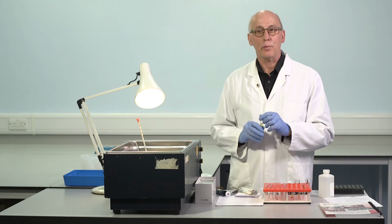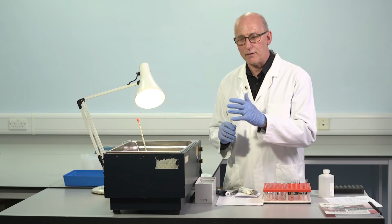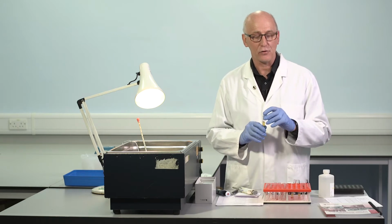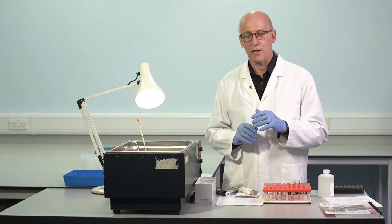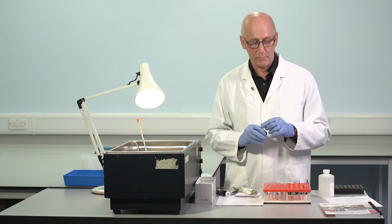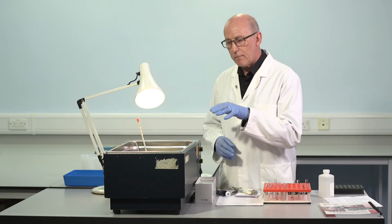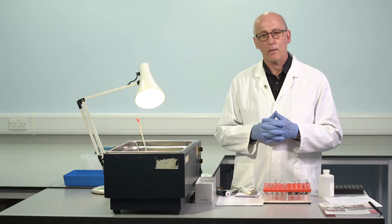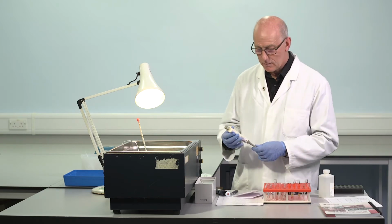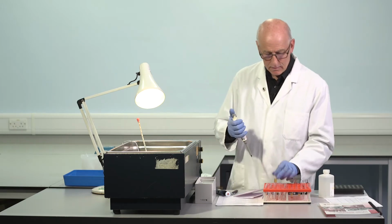It means that we have to complete work with this during a finite time period. If we complete this work over the next 2 hours, there won't be any relevant change, any significant change that will impact on the results that we obtain. So we have to use this within its period of stability. So in each glass test tube, we need to add the same volume of factor VIII deficient plasma, 100 microliters. And this is then